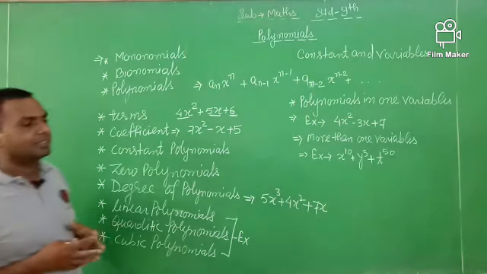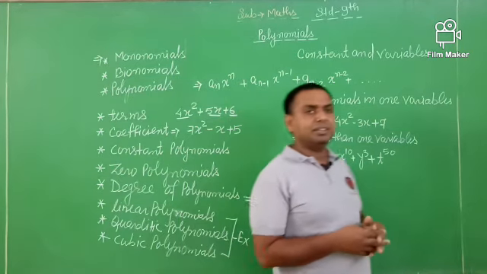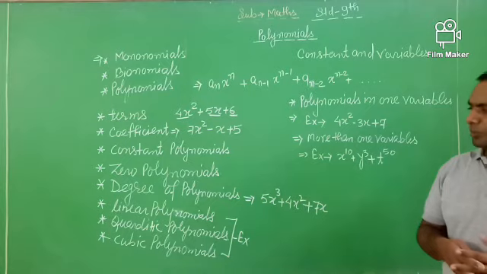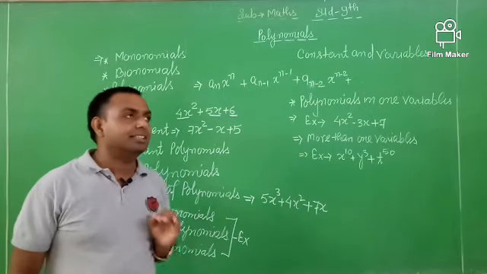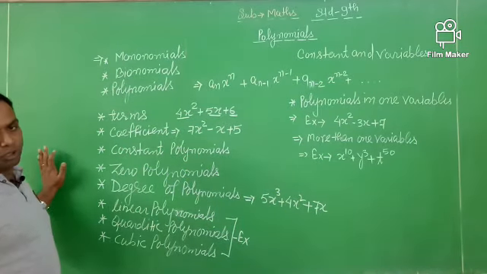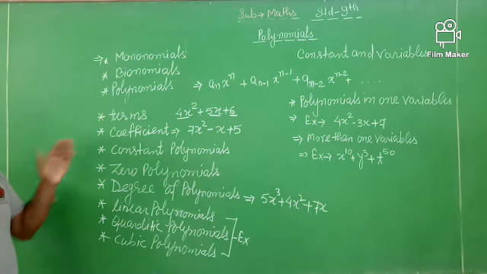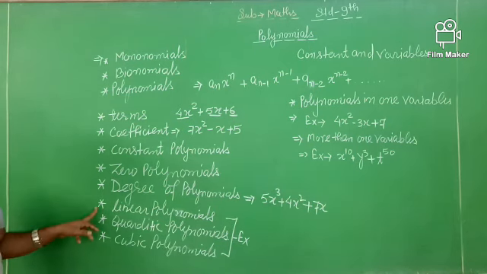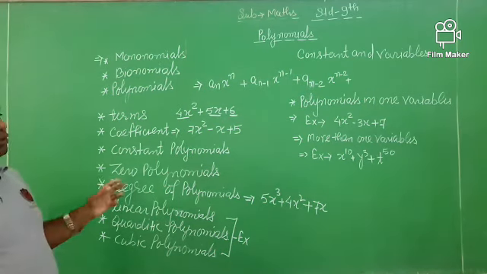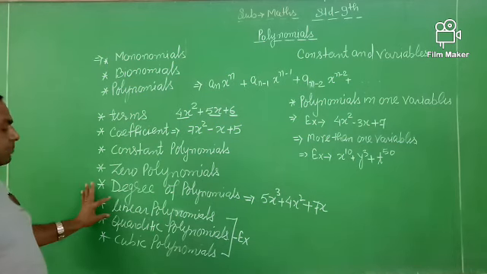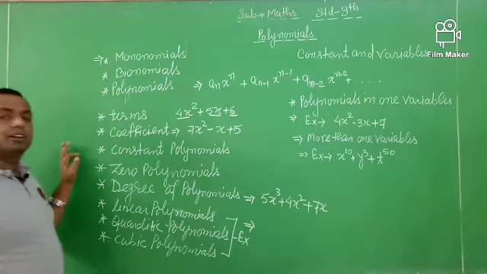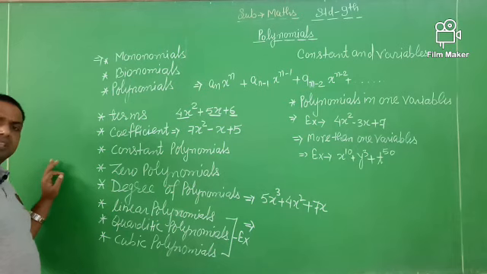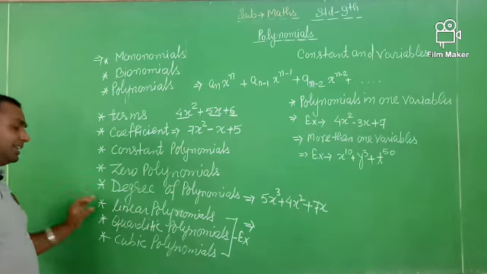After that, we go to the topic of how many types of polynomials there are. If you go for the types of polynomials, you find that there are three types of polynomials in your class. First is called the linear polynomial. What is a linear polynomial? If the power of the polynomial is 1, then you can say this is a linear polynomial.